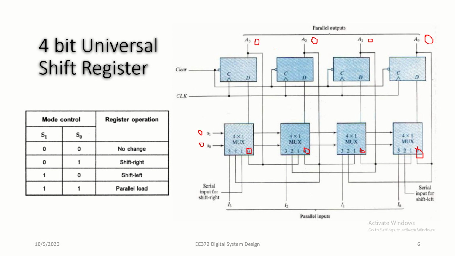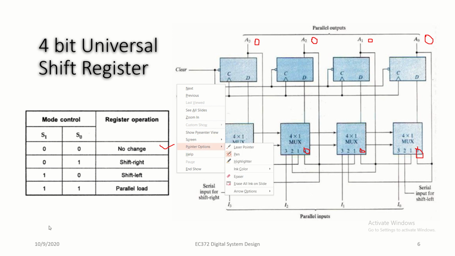Now just look at the connection. The 0 input of the mux is connected to the A3 output. Here again the same connection: the 0 input is connected to A2, the 0 input is connected to A1, and this 0 is connected to A0. Now what are A3, A2, A1 and A0? All are my output bits. So when we have selection line 00, my output would be the same as the previous one. Here we have 0000, that means there is no change. This is how it is holding whatever the previous stored data.